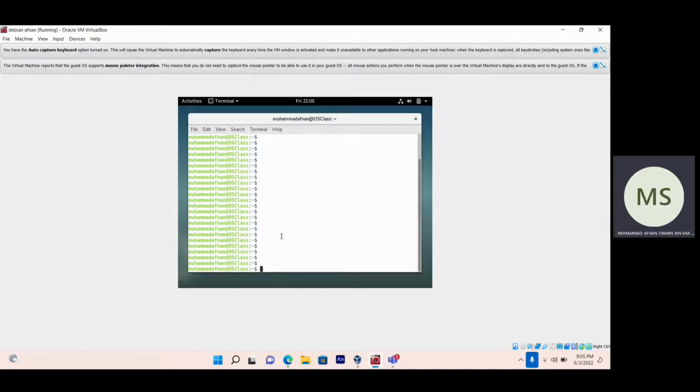We go to the next exercise at page 111. The first question wants us to create a hard link and soft link for marquis.txt at desktop. Compare the inode number with the original file and explain. The code first we have to enter the desktop, which is cd